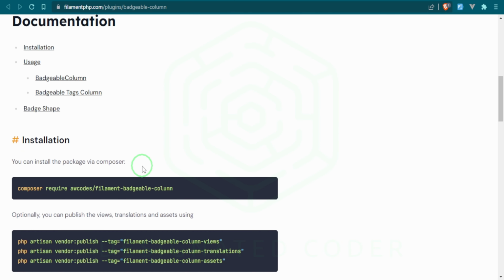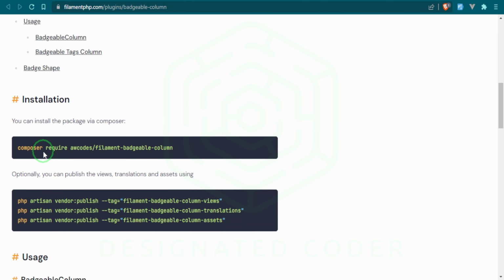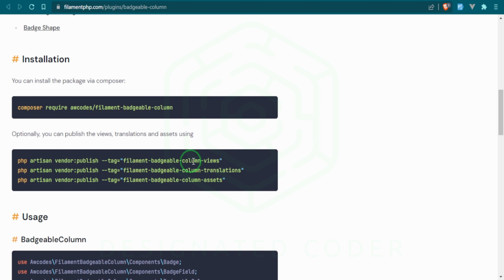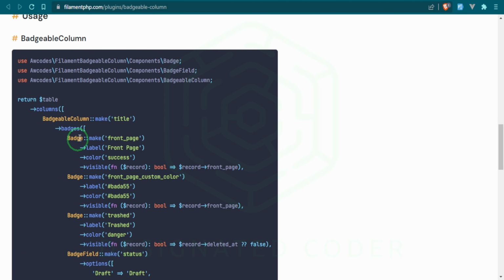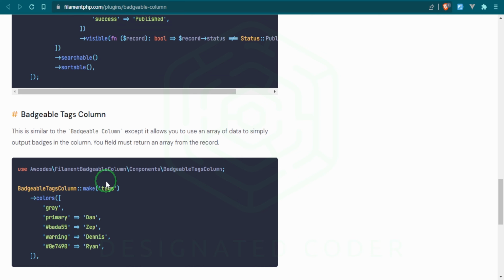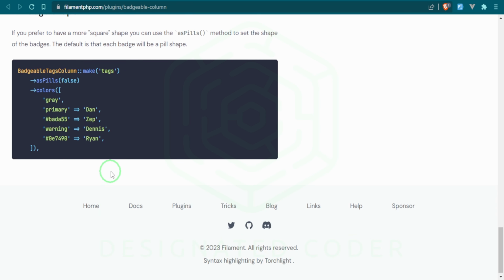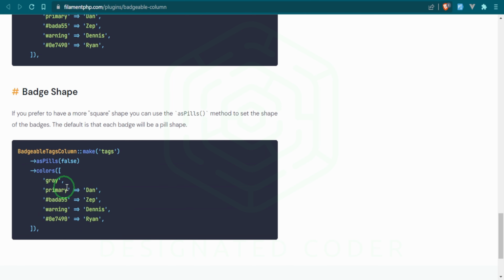But if we go down a little bit, you can see there are some installation instructions here where we're just requiring the package, and then we're going to be able to publish the views, and you can also publish the translations and the assets and stuff like that. And this is what it's going to look like within our resource. So if you scroll down, continue on, that's basically all that there is. You can also add colors, you can name them different things, or however you're setting it up, you can customize the colors for them. This gray, primary, these are the